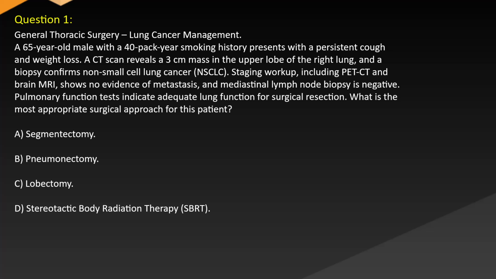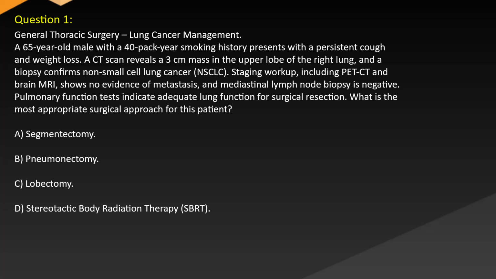Question 1. General thoracic surgery. Lung cancer management. A 65-year-old male with a 40-pack-year smoking history presents with persistent cough and weight loss. CT scan reveals a 3 centimeter mass in the upper lobe of the right lung, and biopsy confirms non-small cell lung